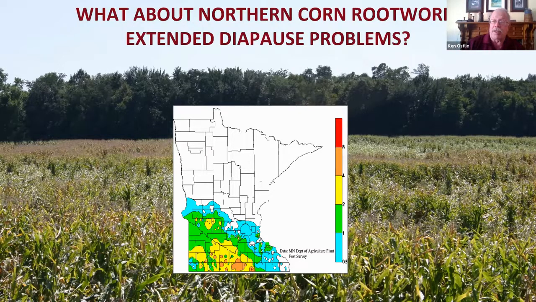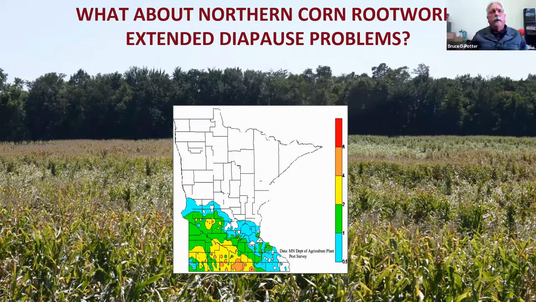But it just serves to remind us that these are dynamic situations. We've got pests that can develop resistance, and just because we haven't seen the soybean variant in Minnesota doesn't mean that it won't appear at some point. So just keep your eyes open. I think for the most part, that rotation strategy is going to work.